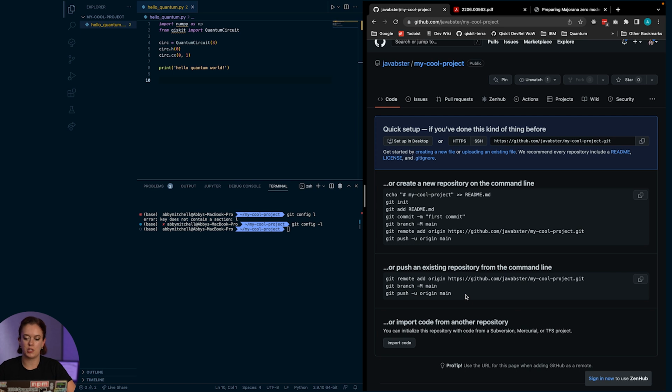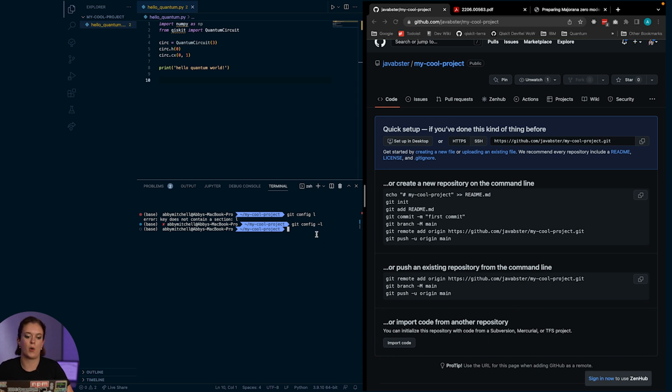At the moment, this is just an empty husk of a repository that's in the cloud, but we now need to connect our local code, what we have on our local machine, with this My Cool Project here.